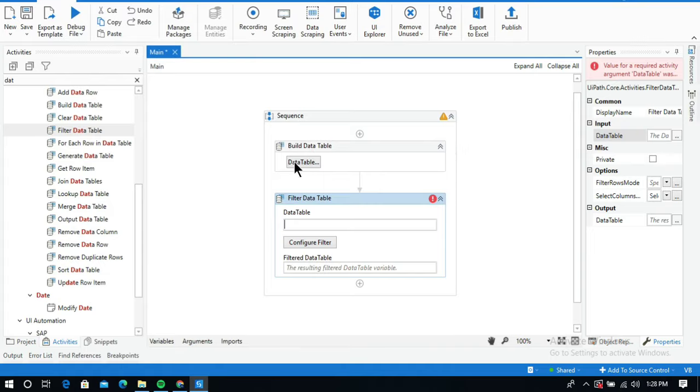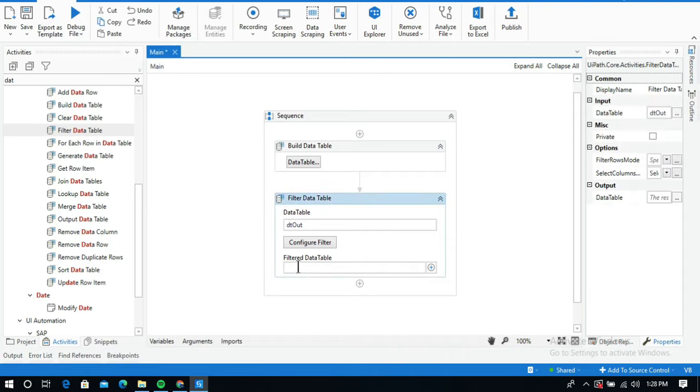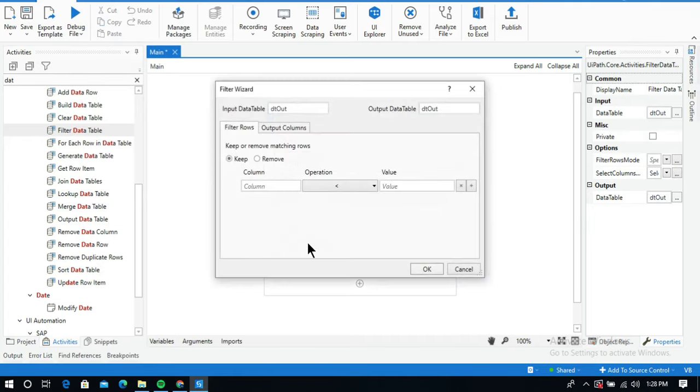So I will give the data table name dt out. After filtering I am going to save the filtered records in the same data table, so I will give the same data table name, and click on Configure Filter to filter the records.